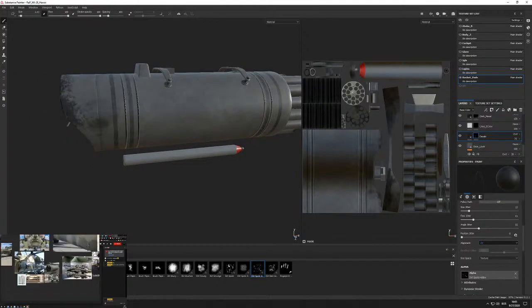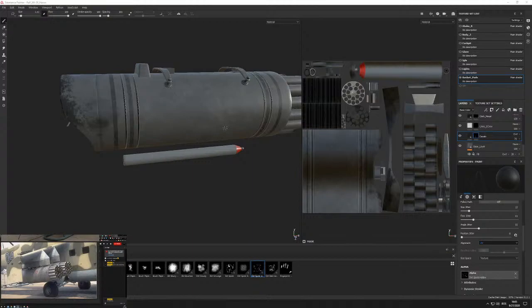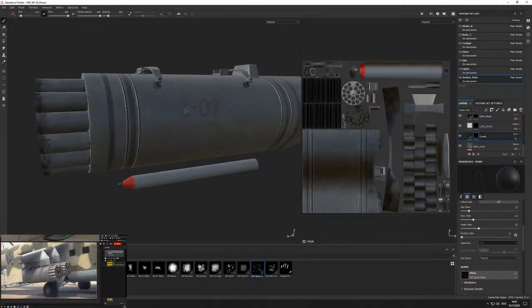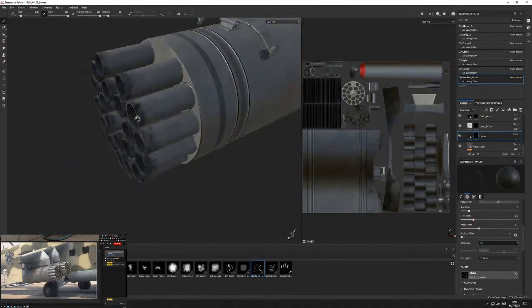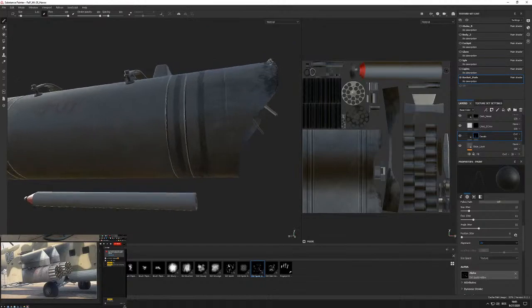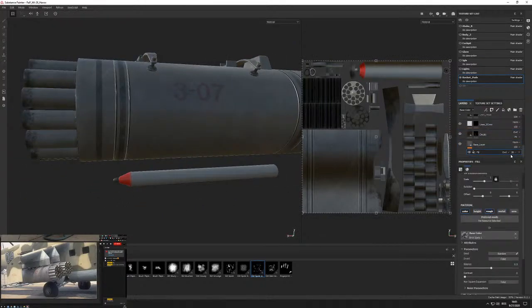So yeah, let's get back to the rocket pods. Where were we? Yeah, 307. So I was kind of thinking to maybe add a more